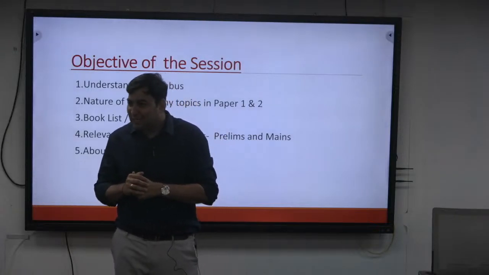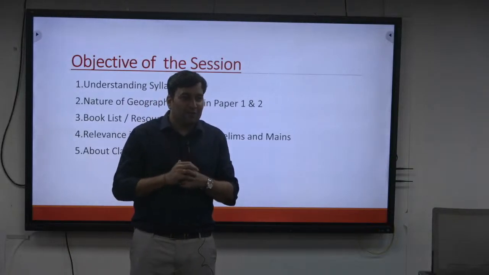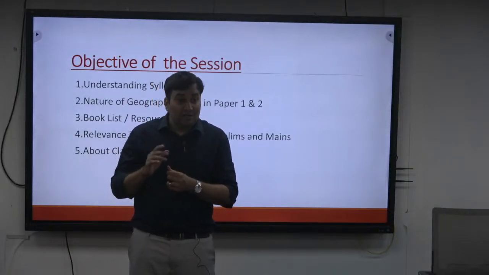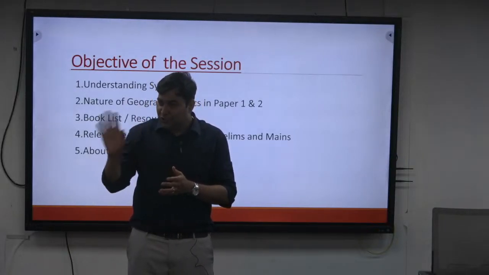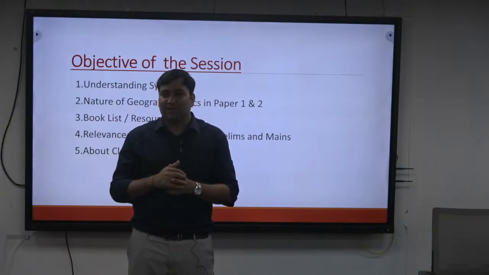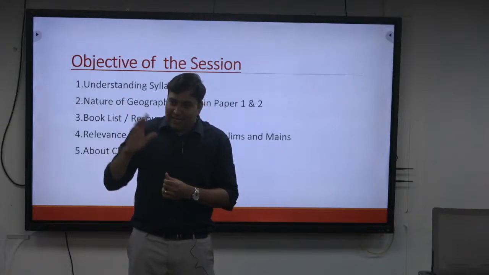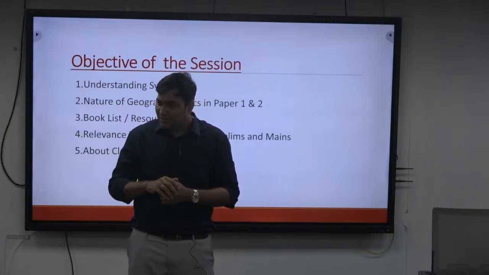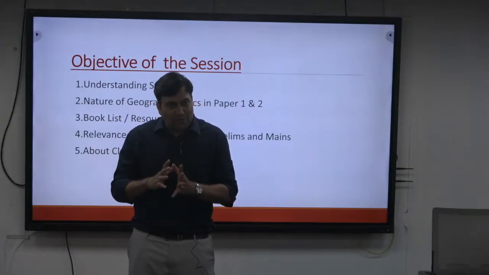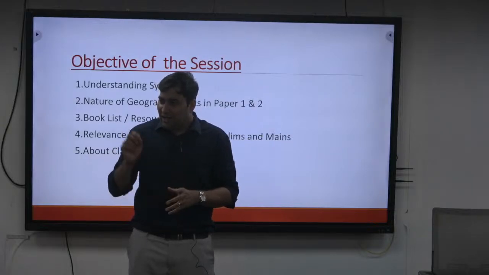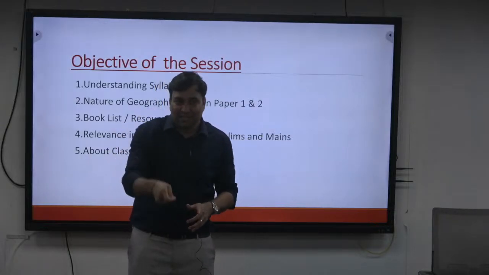How many questions were there from environment and ecology? I only take environment and ecology. About how many? Generally 14 questions on average. This time the number was a bit less. That means about, let us consider, 12. How many questions from agriculture? 2 or 3. Correct? So if you consider all this together, on average, from geography, the direct relevance in the prelims